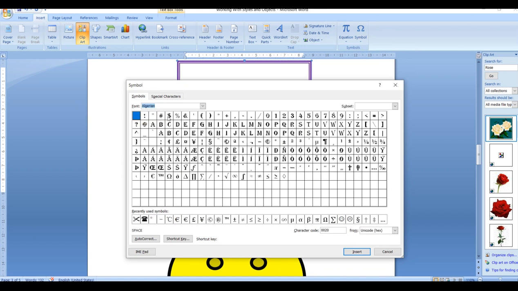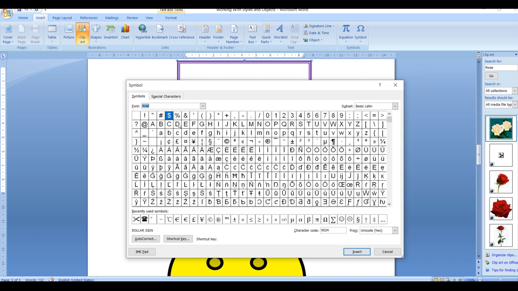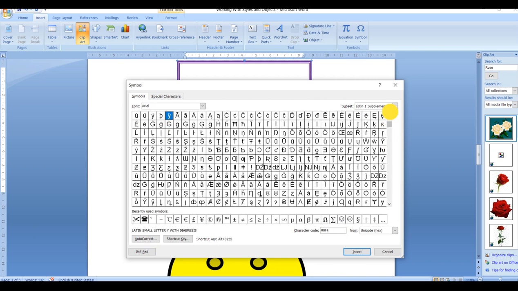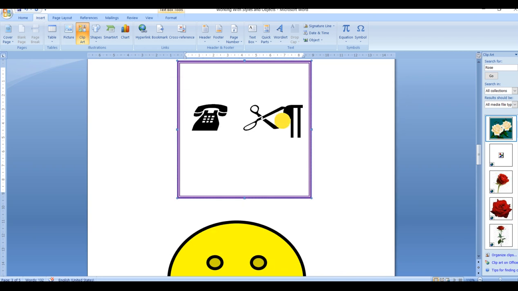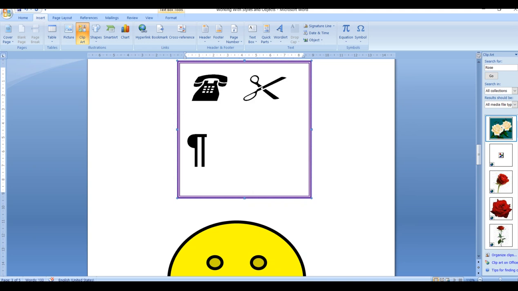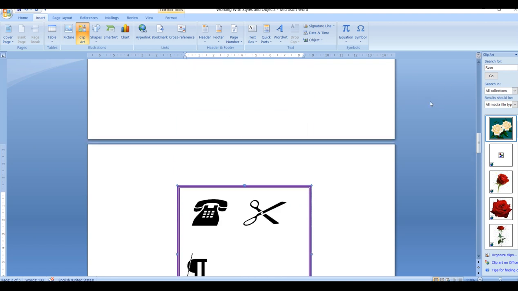Here you will find hashtag, dollar signs are present. Different varieties are there. So all these kinds of special symbols are present in your Word file.